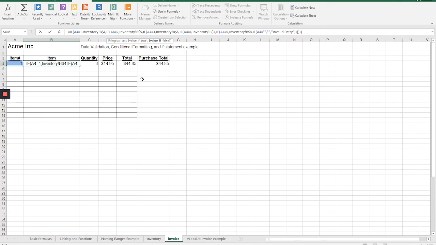But I use that as an example of how you can do complicated things using the if statement. So a test to see if it's a 3. Is it a 3? Yes, return that. No, do another test. If it's a 4, return that. If not, do another test. Is it a 5, return that. If not, do a last test. If it's blank, return nothing. If it's anything but blank, return invalid entry. So that means if you've gone through all the possible choices and it didn't have any of them, simply return